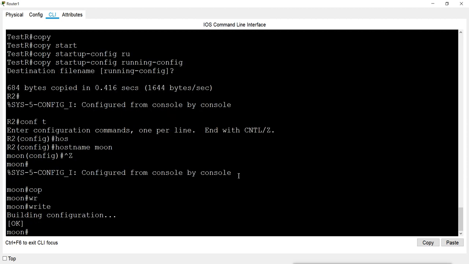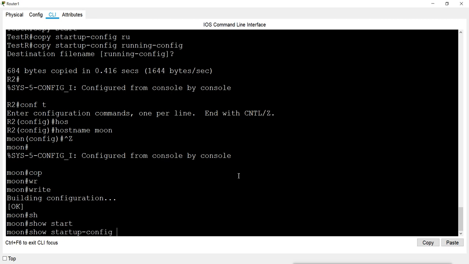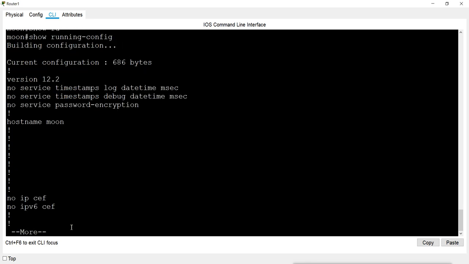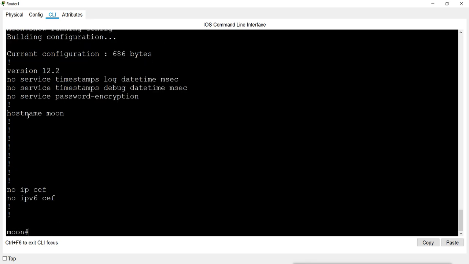It will copy running to startup, and when you check show startup now, you see the name is changed. So whenever our router boots, it will get this configuration, and running is also showing the same. So this can also happen. Our startup configurations can also be modified.